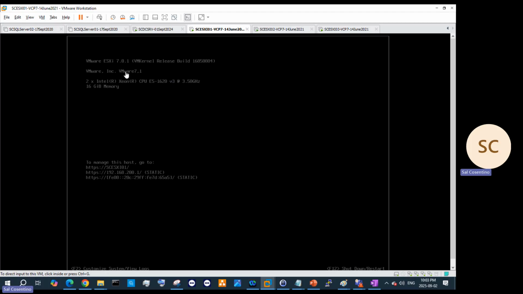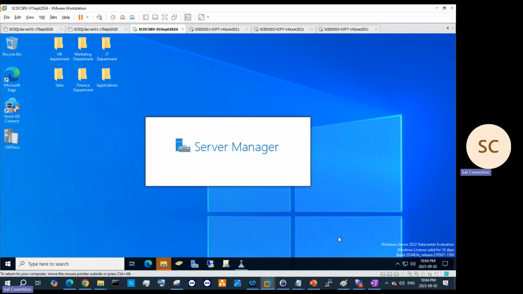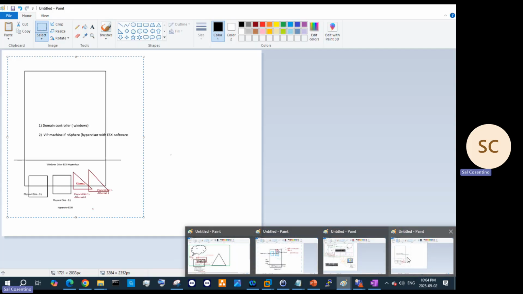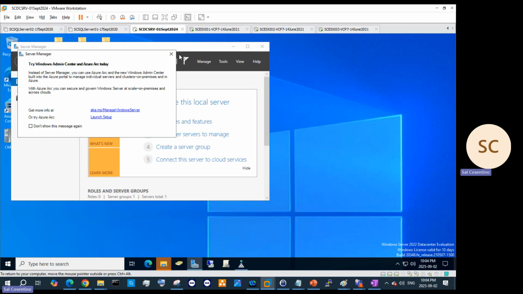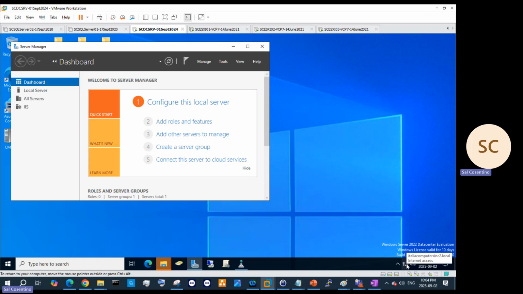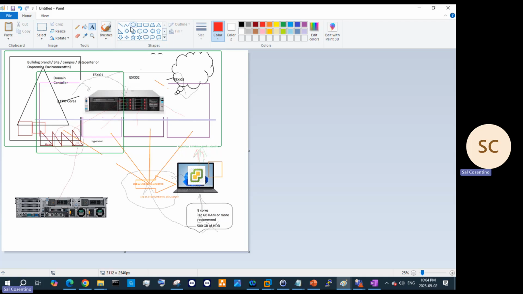And this is VMware 7. Here's our server. This is our domain controller. So if I open up my server manager, it'll have the roles and features that we talked about. Right? ADDS for AAA, a domain controller, and a static IP, and this is already joined to the domain. Another thing I want to make note is